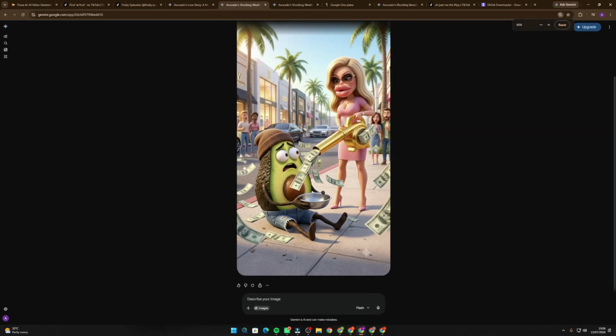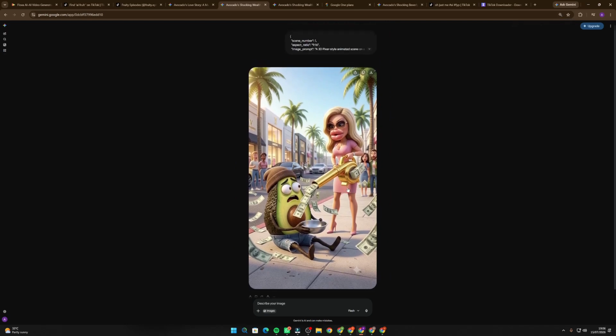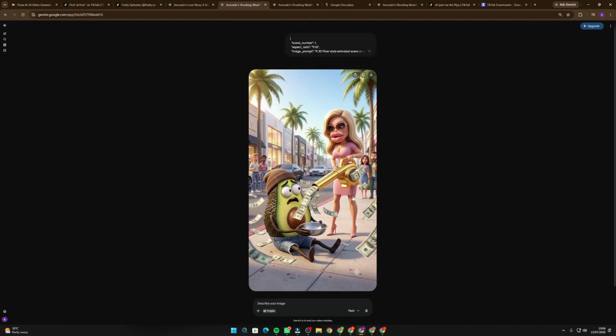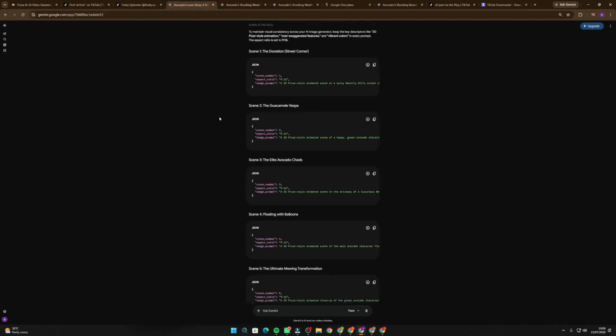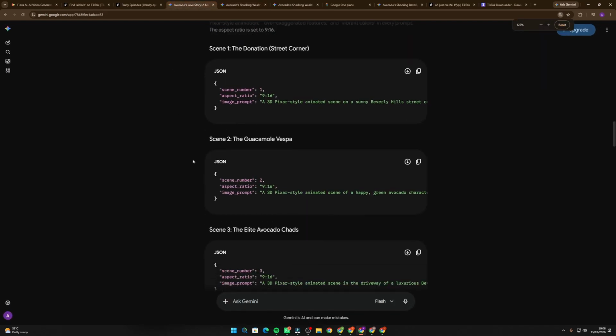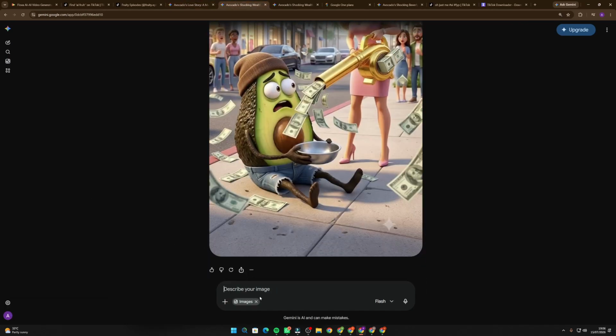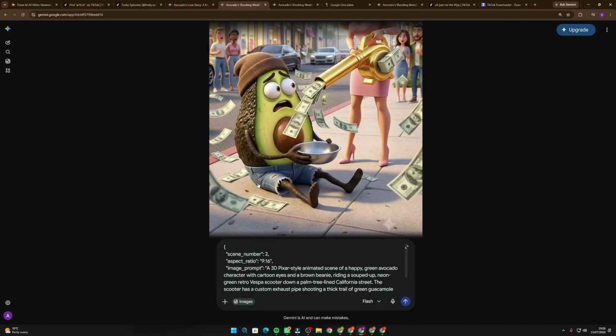All right, so here we have our first image. You guys can see it looks absolutely perfect. There is no problem in this image whatsoever. So similarly, I'm going to go ahead and start generating my second scene. So I'm gonna simply copy this prompt, come back into Google Gemini, paste it right over here, and make sure